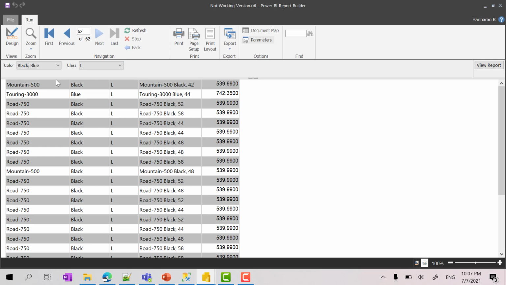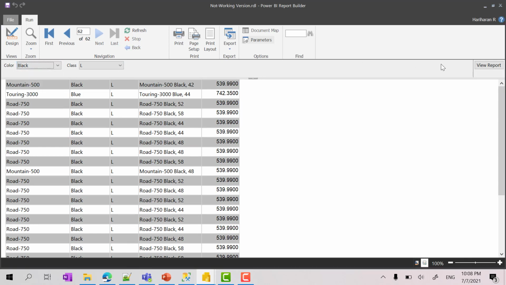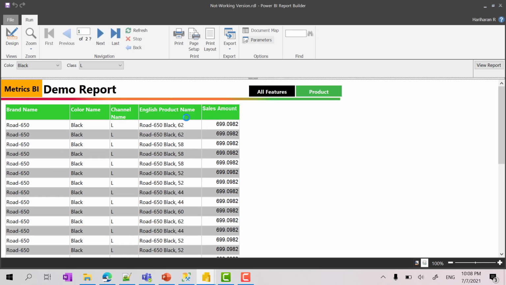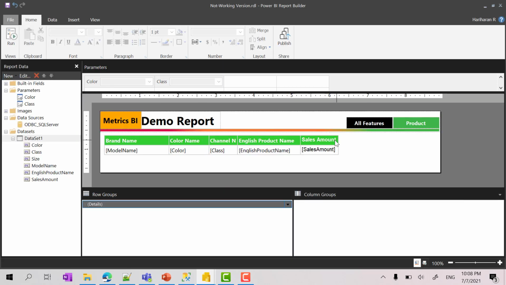Here you can see, in case the user is passing only one value, this logic still supports it. Here you can see we have black and L. So this particular report satisfies all the conditions, even UI-wise. It is very good because we are allowing users to choose multiple values or enter multiple values line by line. So when will this be more useful?